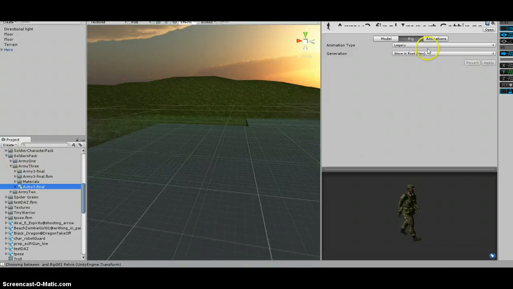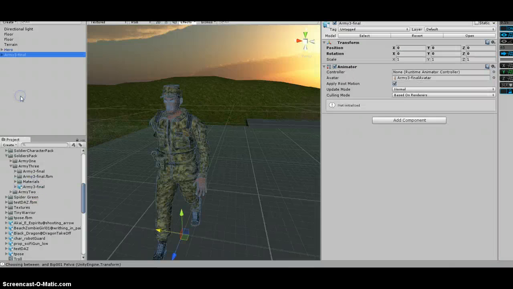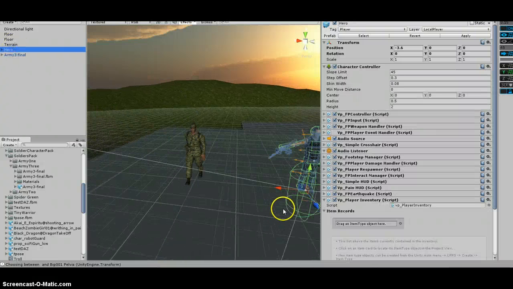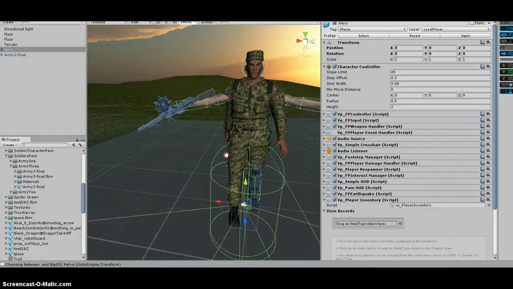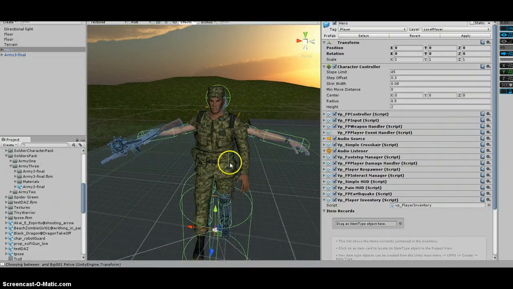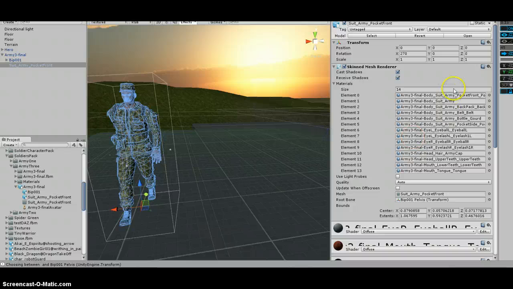For the soldier pack, I'm just going to change these real quick to be Mecanim instead of humanoid, so that when I work with it, it'll be right. And I also change it to 0.0, and I did 1.1, so that the size is going to be similar to the UFPS size. See, if you look at the two sizes, this is more of a standard character size. A lot of models are going to come in smaller. Now you notice with this guy, he has 14 materials,